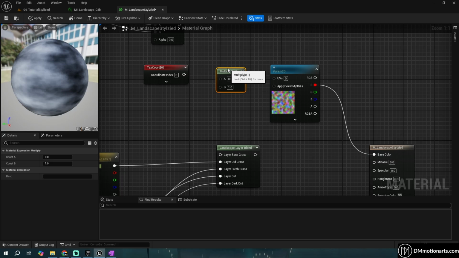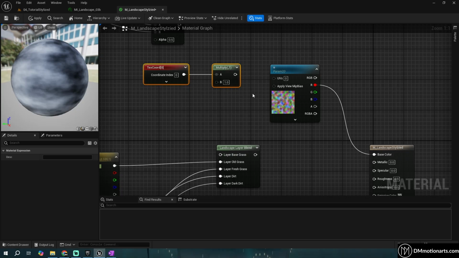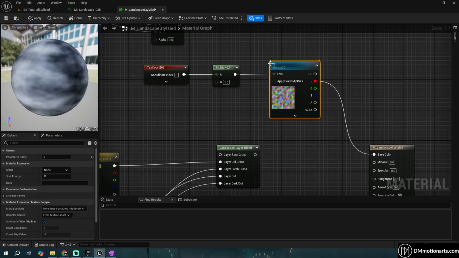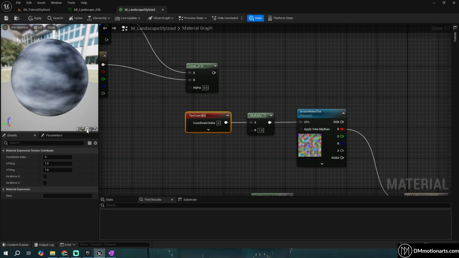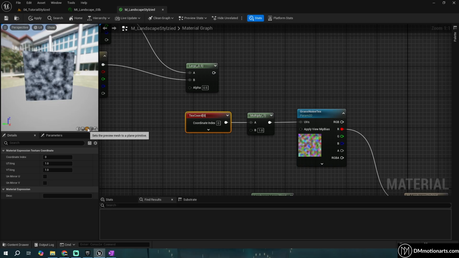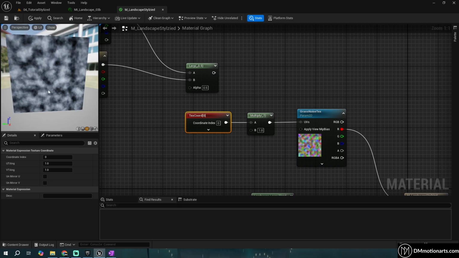We will add a multiply node, and I will actually create a video on UVs to understand how this works and what this does. But basically with a multiply node, you could control the tiling of a texture like this. So with this one we can actually control the texture tiling. If I go in here and select this plane, you could see that right now my texture is applied like this,